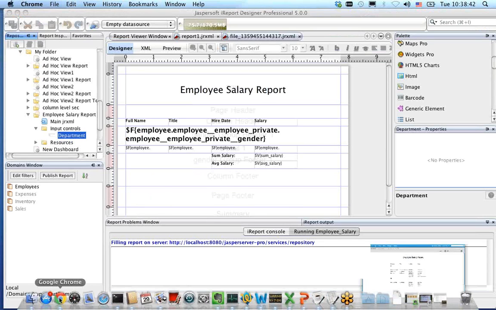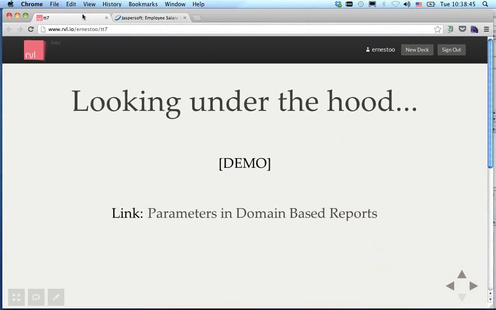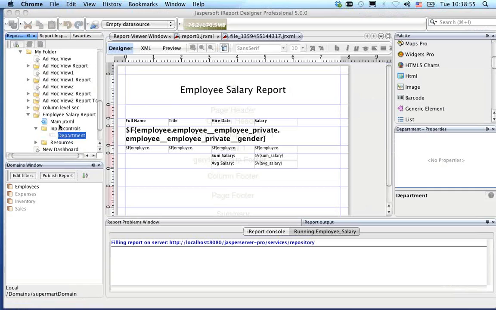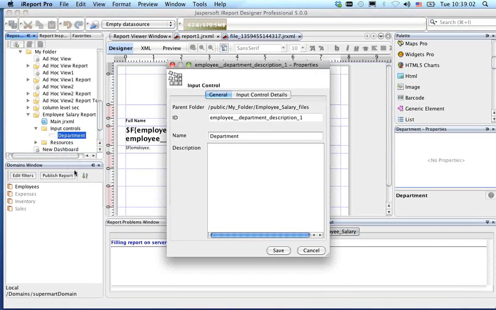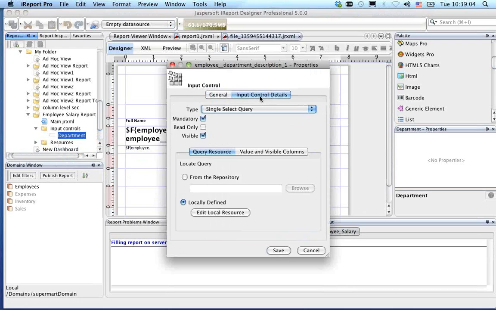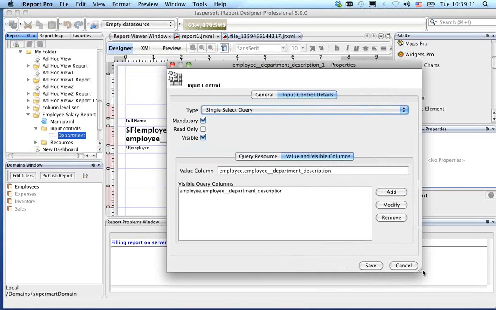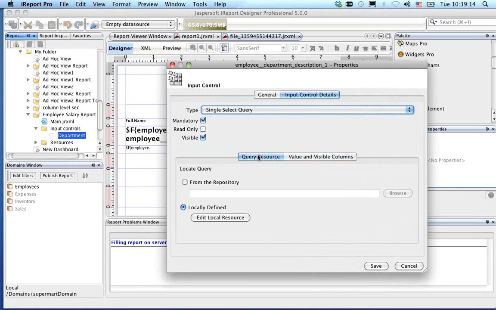Now, let's see where the slides take us next. Yeah, let's take a look under the hood. So what did the engine do when we went through this dialog box of editing filters? It created an input control like I showed, but what's in that input control? It's actually a query. It's a single select query. So we'll go to value invisible columns. You see that we're actually selecting a query. If I go to the query resource,